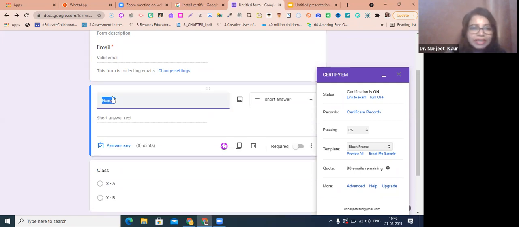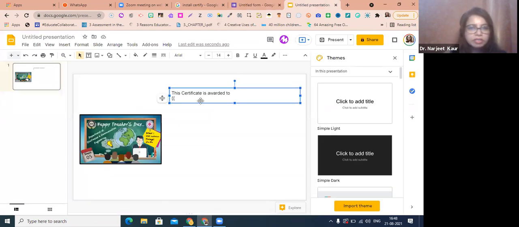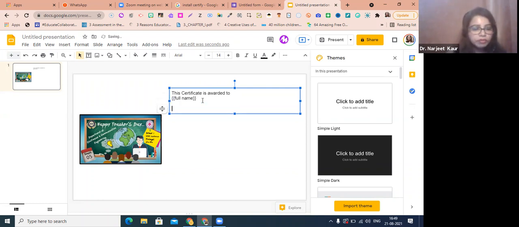We are going to start with name. So for name, what do we write? This is going to start with full name. This is a customized thing. You cannot change it. You cannot change the full name to only name or to only last name, only first name. Whatever you have to do, you will have to do in the form. If you want to collect last names, write last names. If you want to collect first names, write first names in the form. Here, whatever is coming up as the name is going to be pulled out. You have to write full name and then the curly braces closed, from,